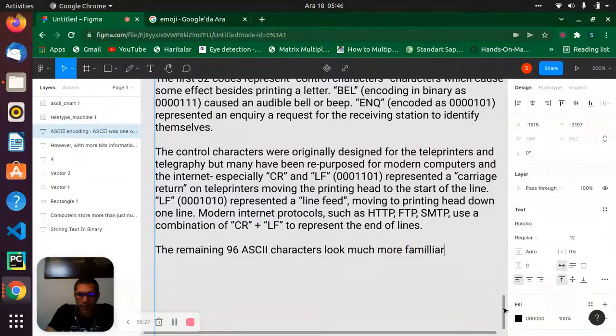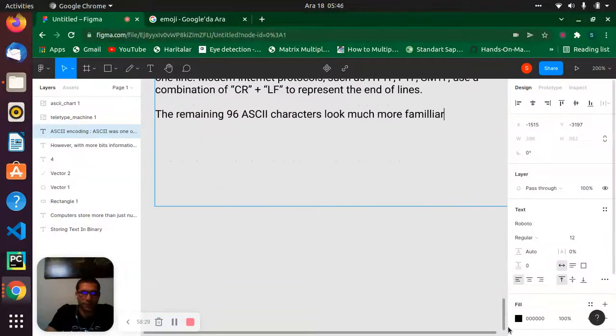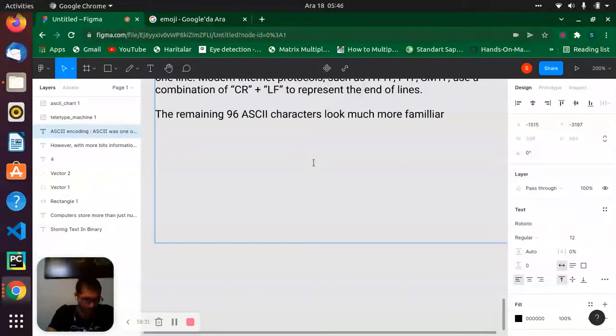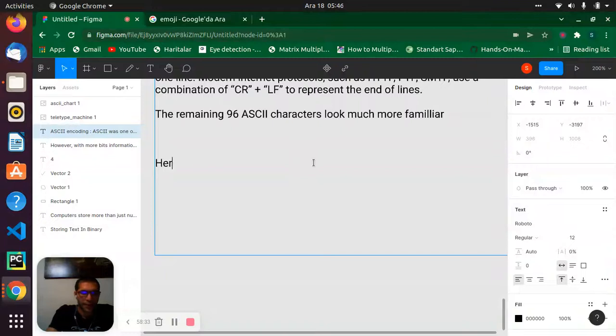Now let's come down and say, here are the first 8 uppercase letters.